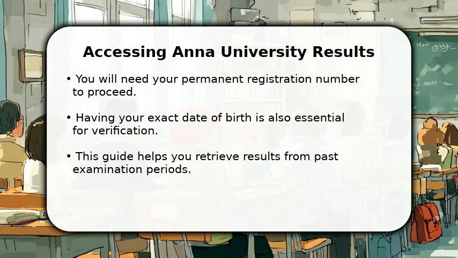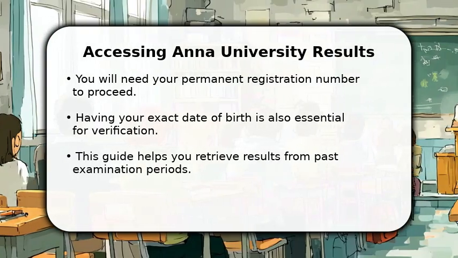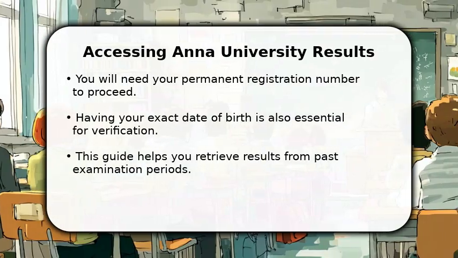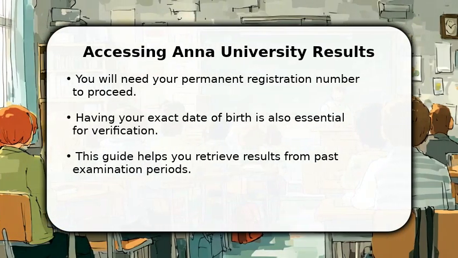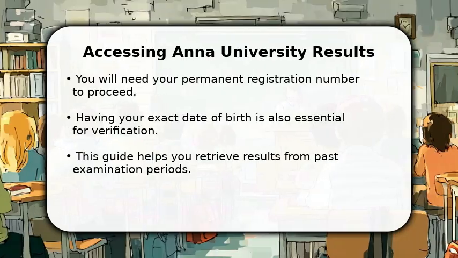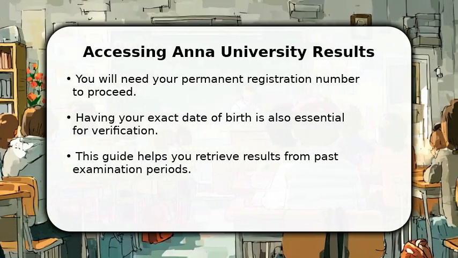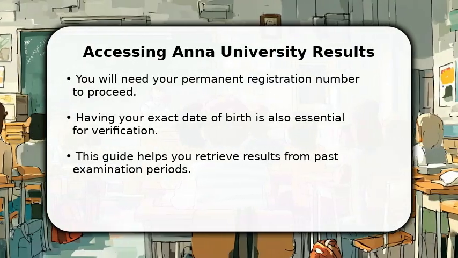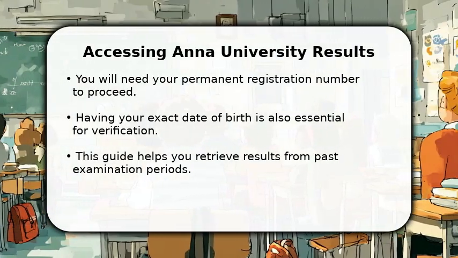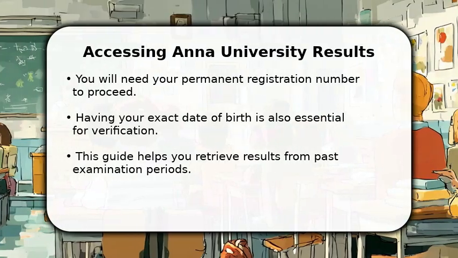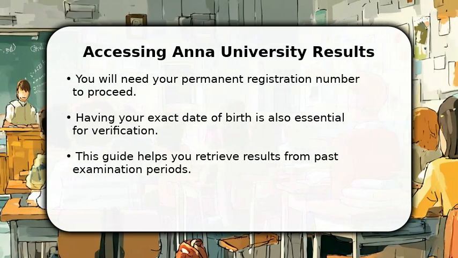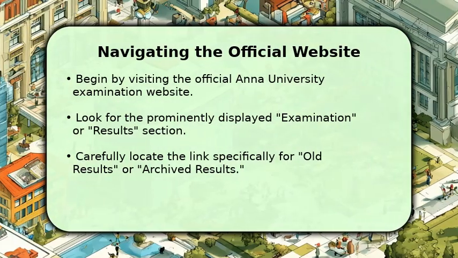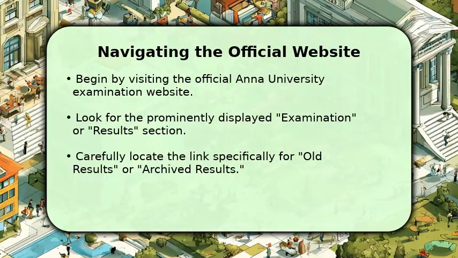In this video, I will explain how to get your old Anna University results. First, ensure you have your correct university registration number ready, as it is a unique identifier. You will also need your precise date of birth for identity verification on the official portal. These two crucial pieces of information are fundamental to accessing any archived academic records quickly and securely, making the entire process straightforward for you. Once you have your details, open your web browser and go to the official Anna University